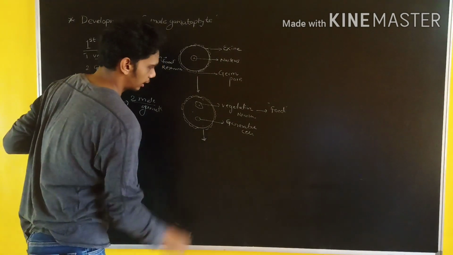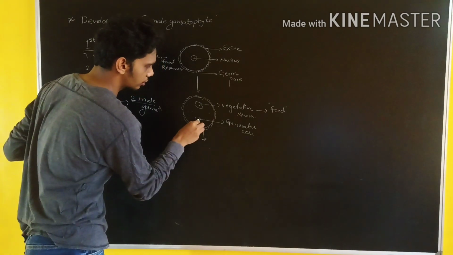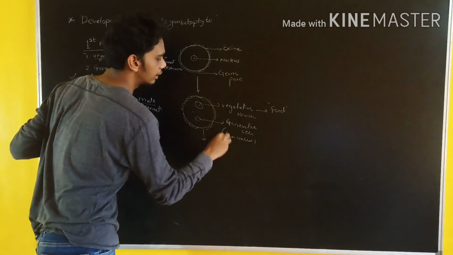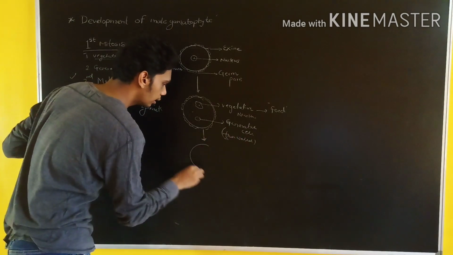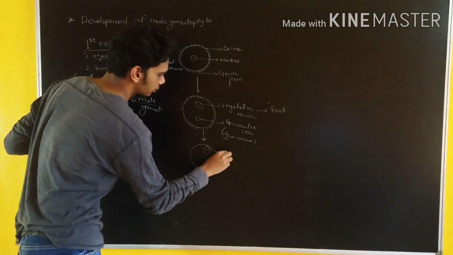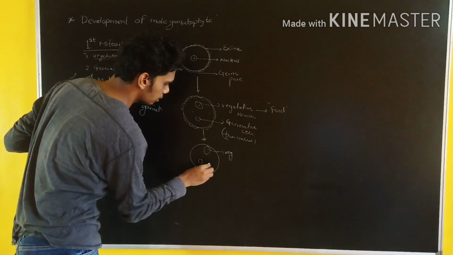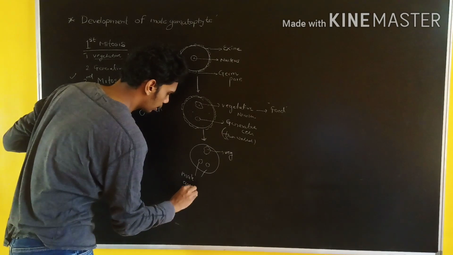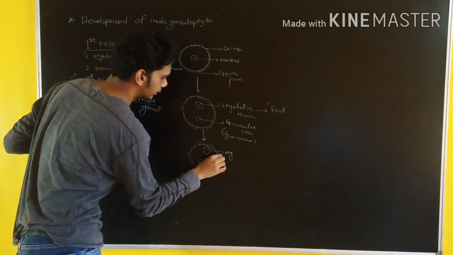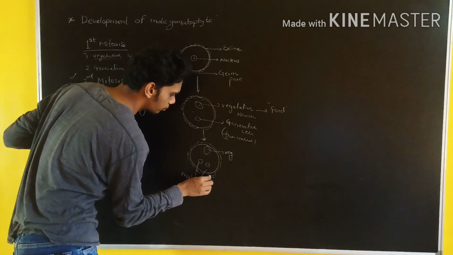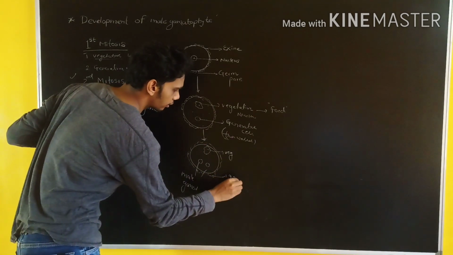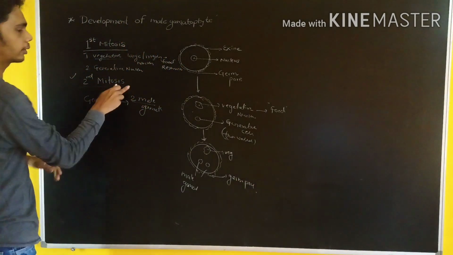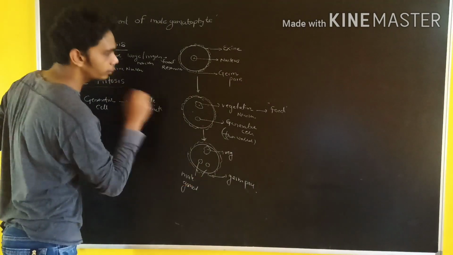So after the second mitotic division, this generative cell, which is thin walled, undergoes division, and as it is vegetative, this forms two male gametes. Okay, and the exine will be as it is, and always remember that there is a germ pore here. In this you also have to mention the germ pore. Now the second mitotic division occurs, which leads to the formation of these two male gametes.